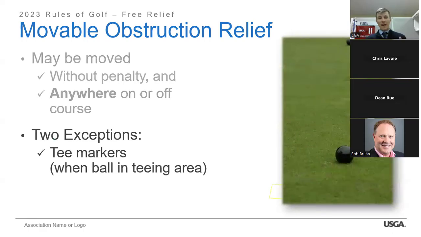And the exception is tee markers. Now, brackets here, when the ball's in the teeing area. I got the question last week at a seminar: what happens if you hit it off the tee and it hits a tree and comes back right against the tee marker? Well, in that case, we can move that tee marker because the ball's in the general area outside of the